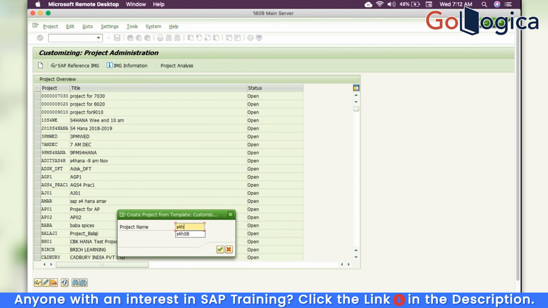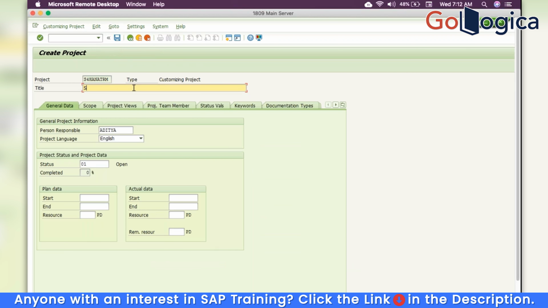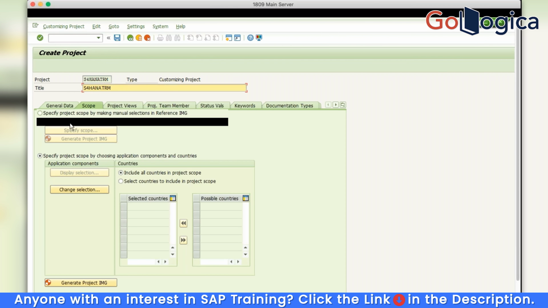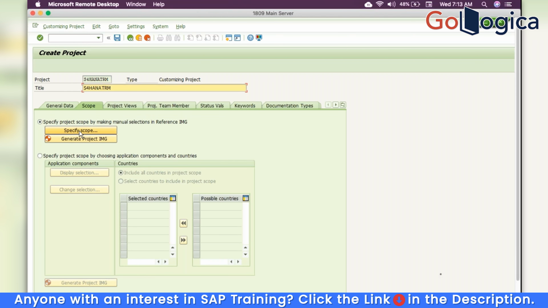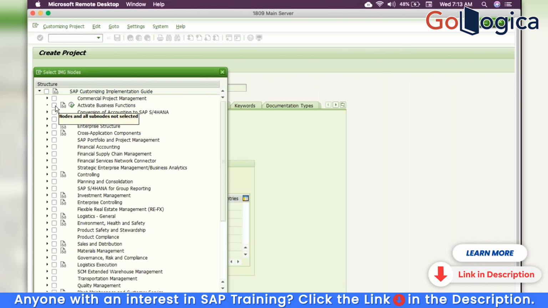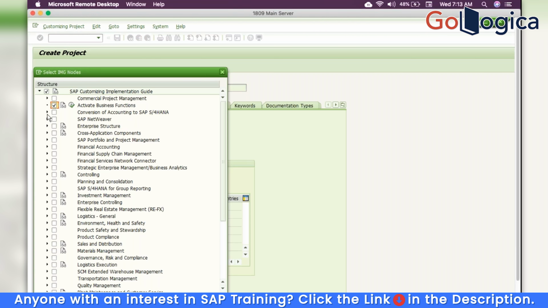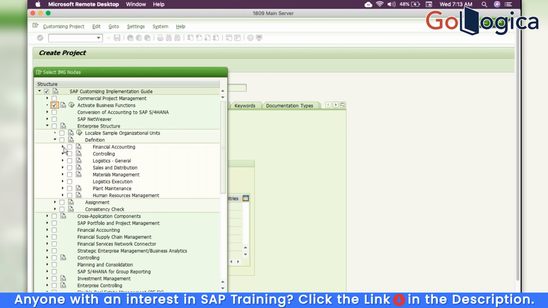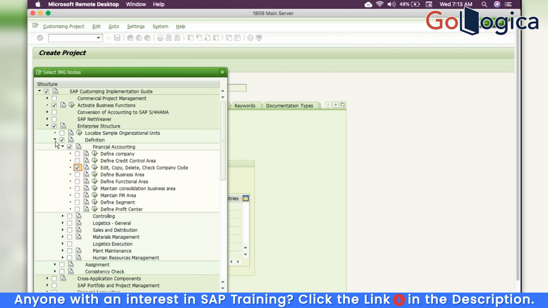Let's go here. Then save the project, go to Scope, specify the scope. So whatever the steps we require for the GL concept, we need to select it. Active business functions, then enterprise structure, definition, financial accounting, edit, copy, delete, check company code,